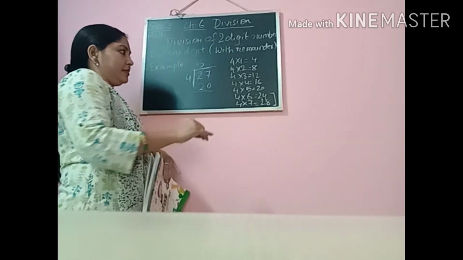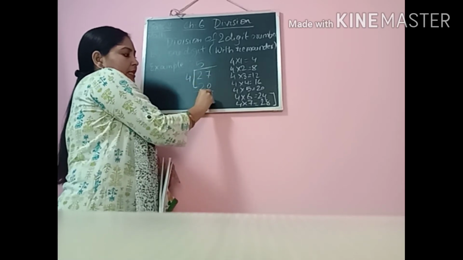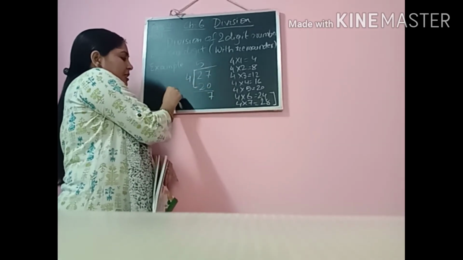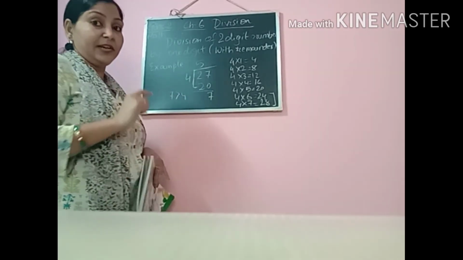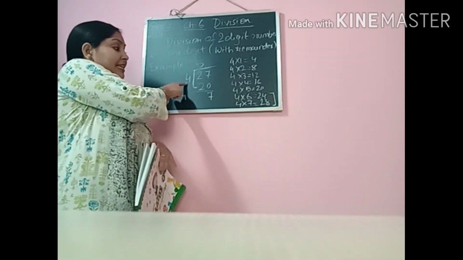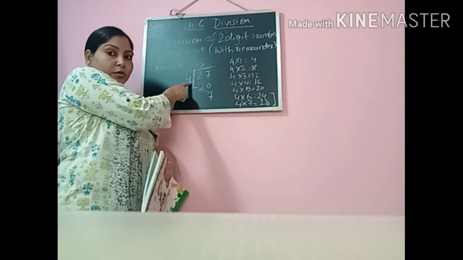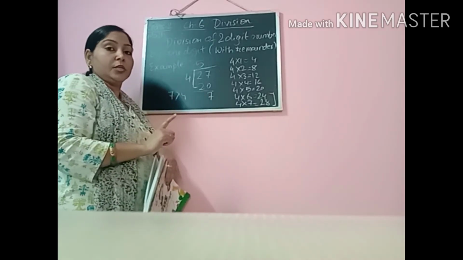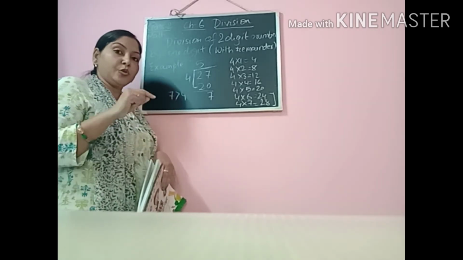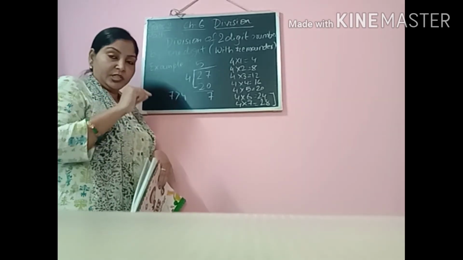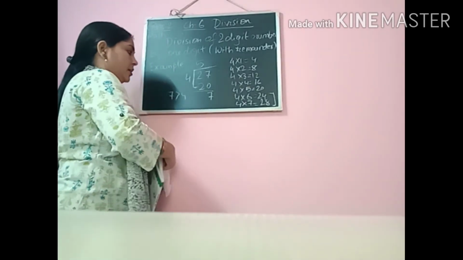The reason behind this is, see, when we are subtracting this, what is the remainder coming? The remainder is coming much bigger than the divisor, whereas I told you that the remainder should always be less than the divisor. And here it is coming 7 and this is 4, which is wrong. So we have to think of a number which is close to it, and after subtracting we should get the remainder which is less than the divisor. Let us do that.